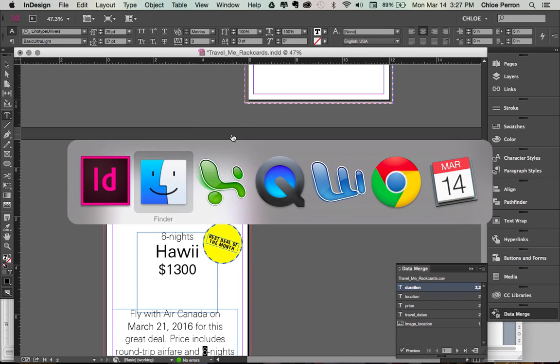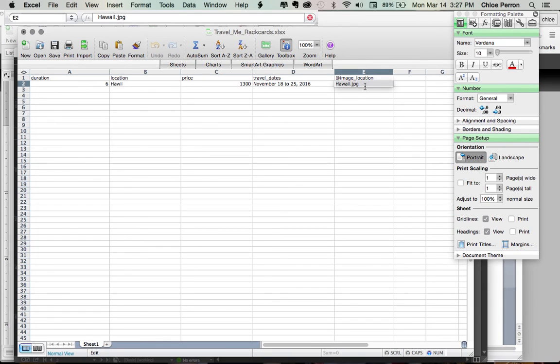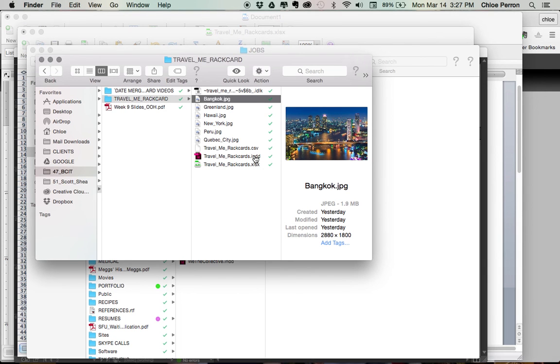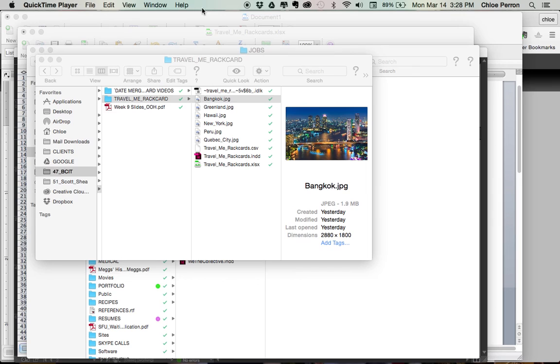It will also not work if any of these headers are not proper, if one of them is not lowercase, or if you don't have an underscore separating words. So just make sure everything is all lowercase and all the files are in the same folder. And now in the next video, I'm going to show you how to set up